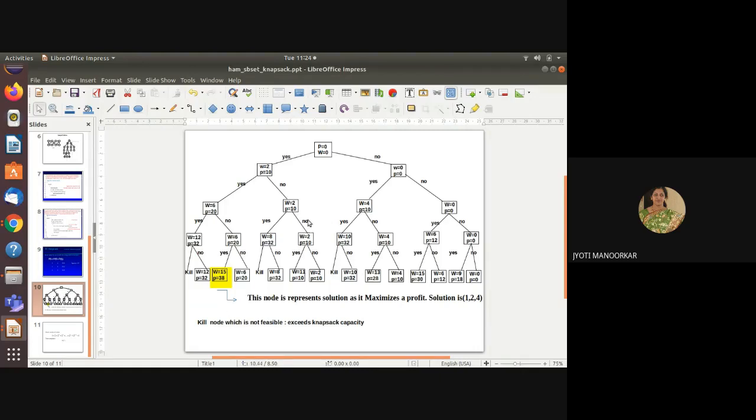Then create the right portion for W is equals to 2 and P is equals to 10 at third level, and this represents we are considering the first element. So this branch represents we are considering the first element, then this represents we are not considering the second element, and we are not including the third element. So the weight will be 2 and P is equals to 10. That is as it is as per this internal node.